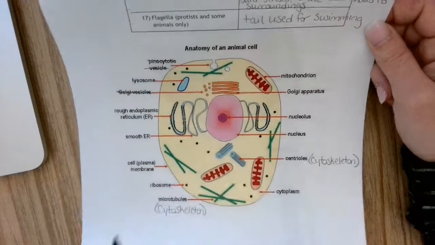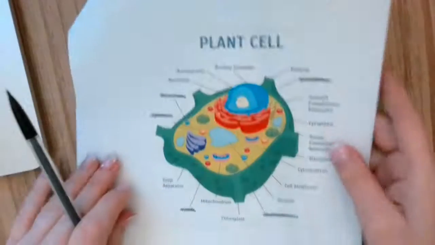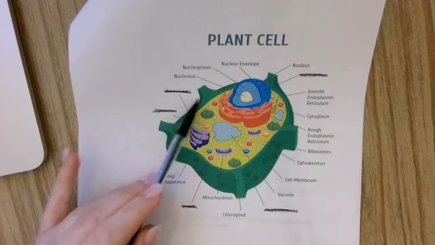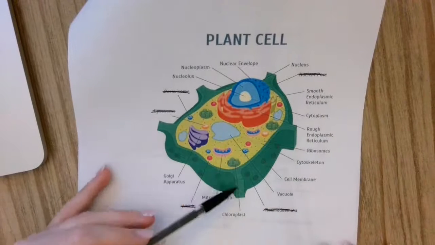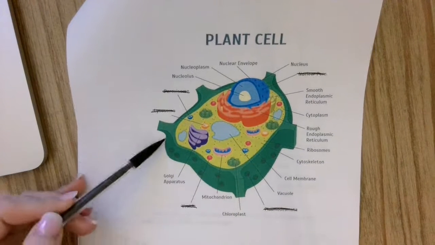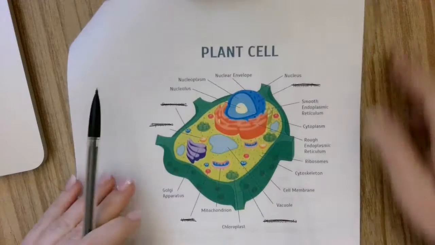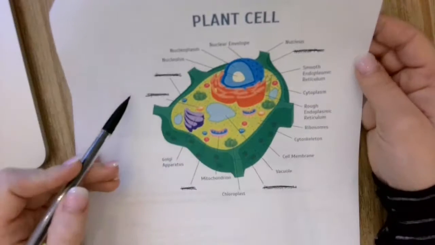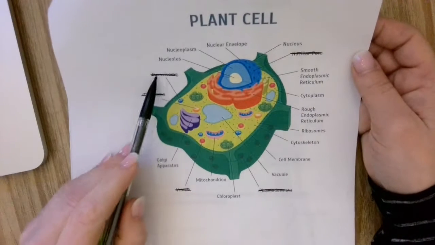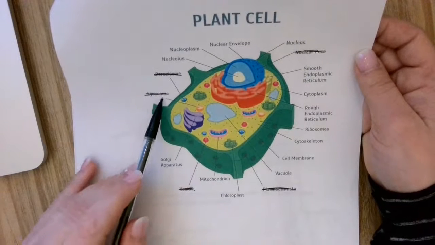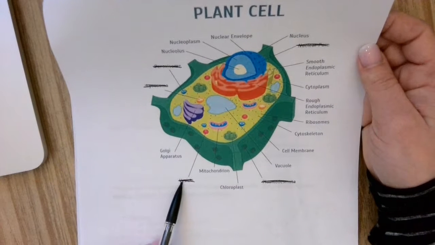So I'm going to quickly flip over here to the plant cell. Notice how the plant cell has more of a pointy shape to it. Some of the pictures you may see are a rectangular shape. Notice how they're green in color. And I've crossed out quite a bit of stuff on the plant cell picture. So you can cross out this peroxisome, the lysosome, the vesicle down here,